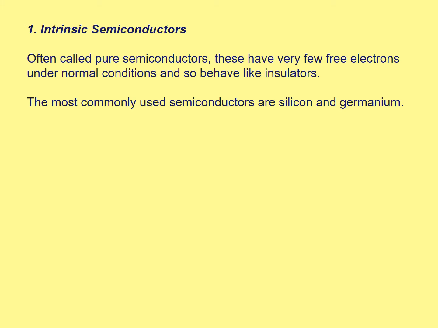Intrinsic semiconductors, often called pure semiconductors, have very few free electrons under normal conditions and so behave like insulators. At absolute zero, their valence band is full and there are no electrons within the conduction band. As we increase the temperature up to ambient temperature, there are some electrons within the conduction band, so some conduction does take place. Most commonly, these are made of silicon and germanium, as we talked about in the semiconductor theory